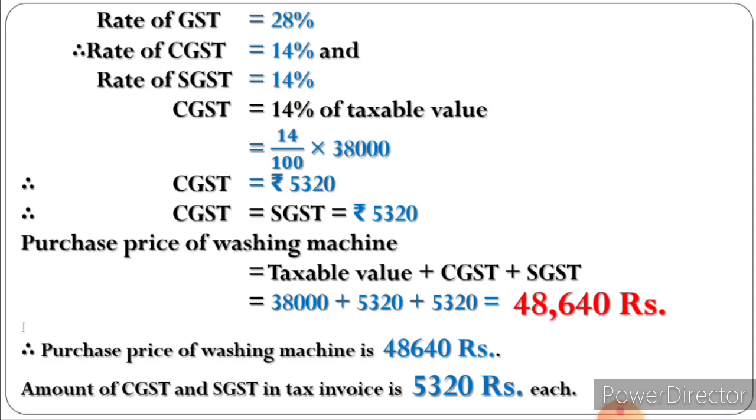So till here we have completed our practice set 4.1, all the 7 questions. We have learned what GST is and what the 2 components of GST are. The 2 components of GST are CGST and SGST. We have learned what a taxable value is. Taxable value is the value of the product on which tax has not been applied, and the total value of the product is the value on which tax, GST, is applied. So this is the basic concept regarding GST, which you have to revise.